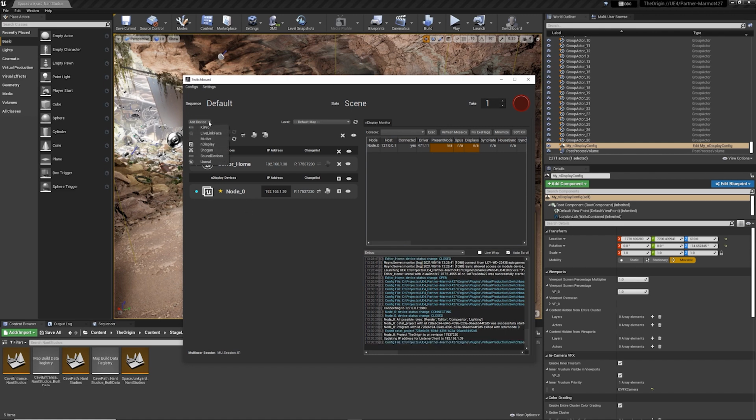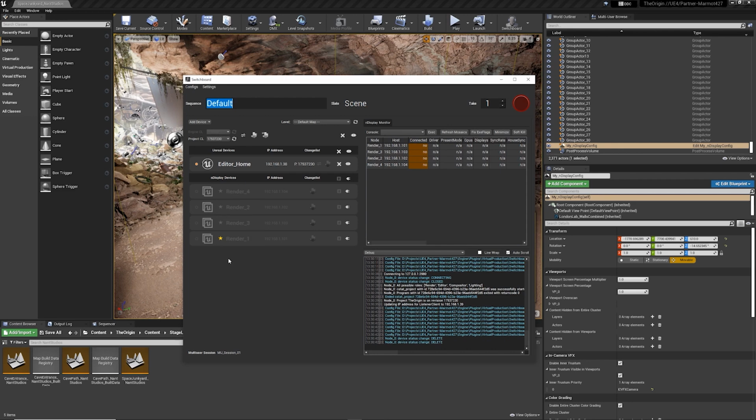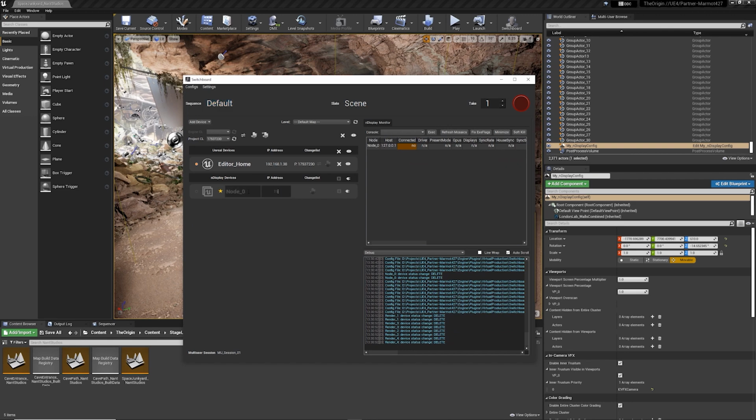If we were going to add a larger config that had more machines, so for example this one here, you can see there's now more machines available. But back to my config. Hit connect. Okay, there's a little star here. This defines the node which is set to the master. This can only be on one of the nodes, so that's just worth mentioning. But everything else along here functions the same.